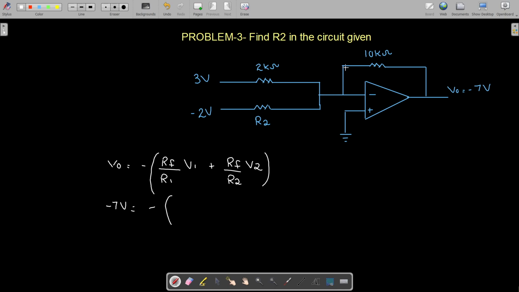This is minus 7 volt is equal to minus RF, which is 10 kilo ohm, divided by R1, which is 2 kilo ohm. This is your R1. V1, which is 3 volt. This is your 3 volt, plus RF again, which is 10 kilo ohm. R2 is known, so I am going to write R2 as it is. Multiply by the V2, which is minus 2 volt. Fine. Okay. This minus and this minus is going to cancel out, so we are going to have